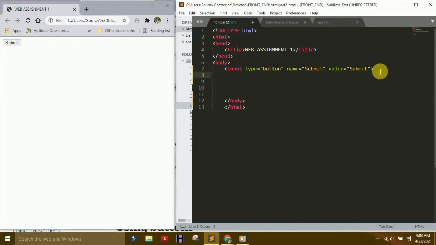Now I make name, username. So make a name here. Then make input, type username. The name and value are the same, username.